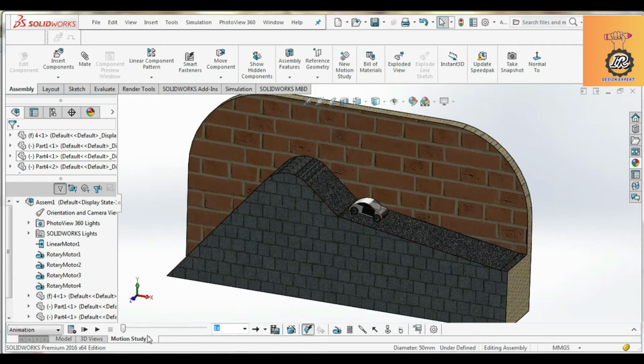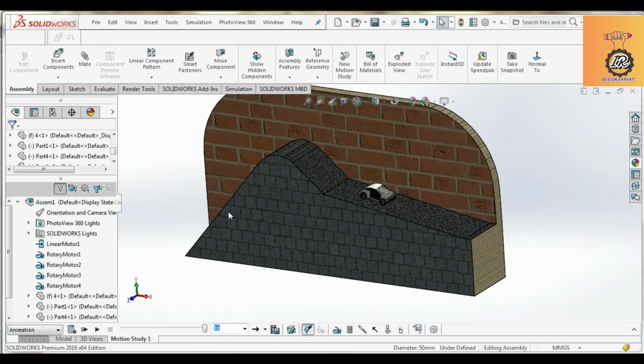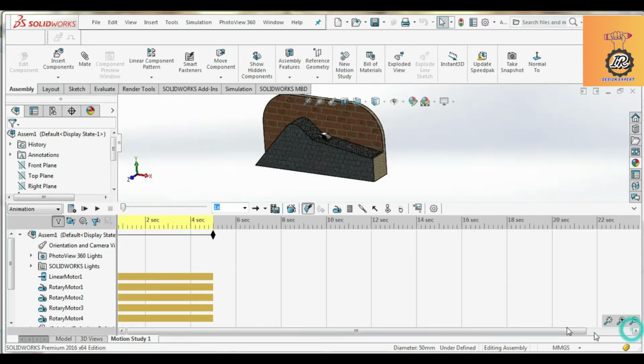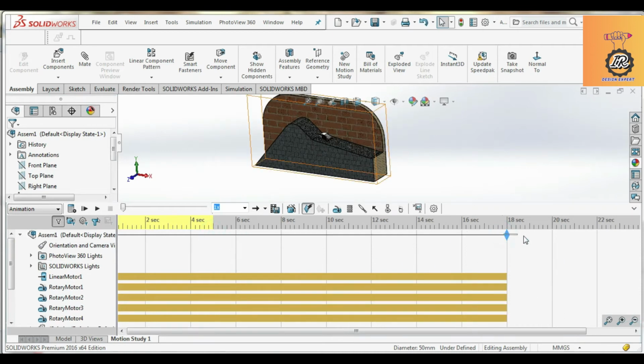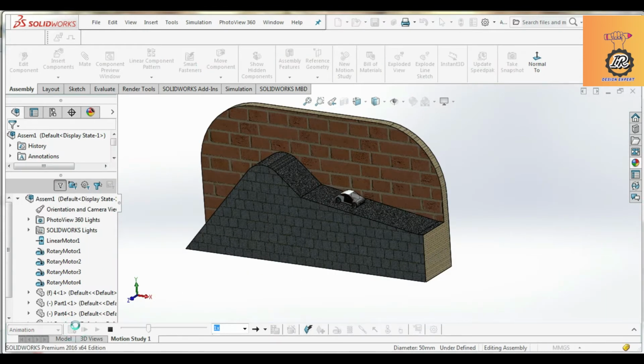Now we can calculate. So automatically it should be moving from the top toward the bottom surface. Now we can increase the timing from 18 seconds to 20 seconds. Now we can calculate again. We can select calculate only.